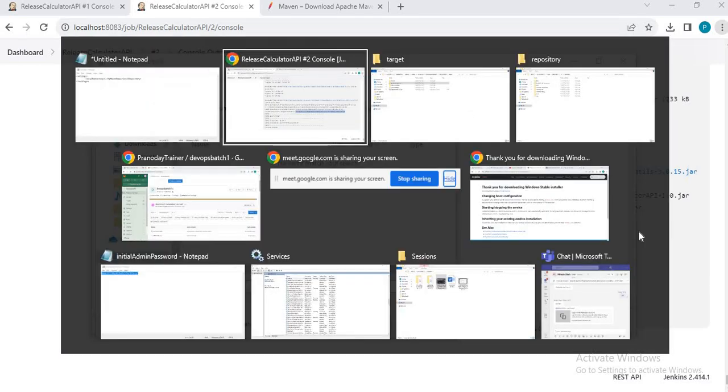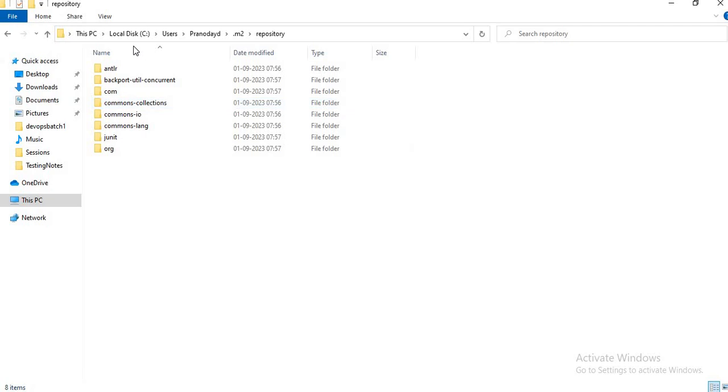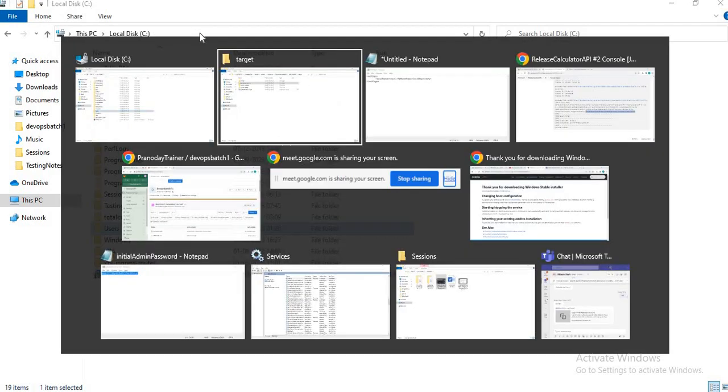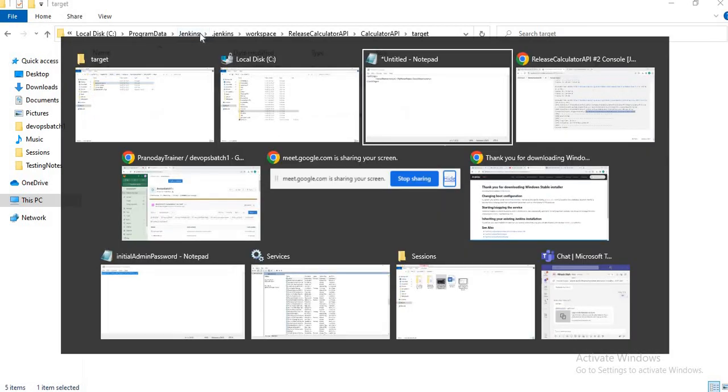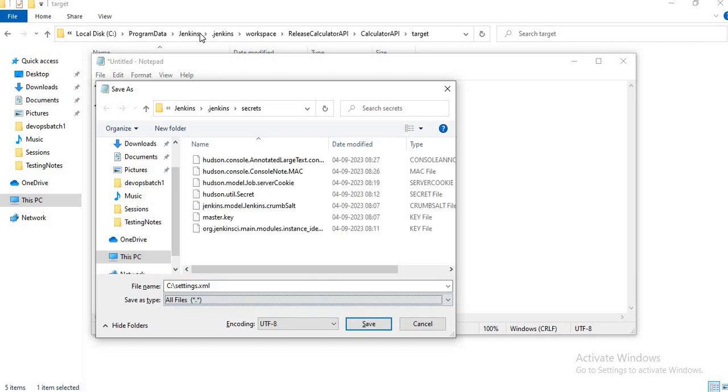I will save it somewhere outside of the Jenkins location. Let's say I will save it on c: itself. The name should be settings.xml, all files.